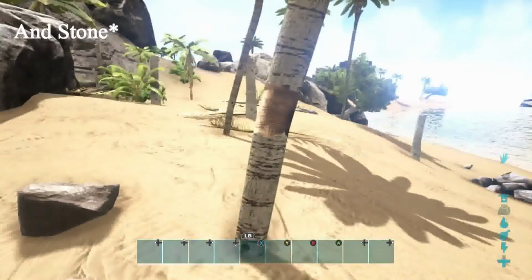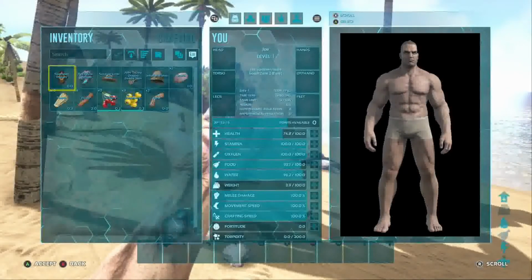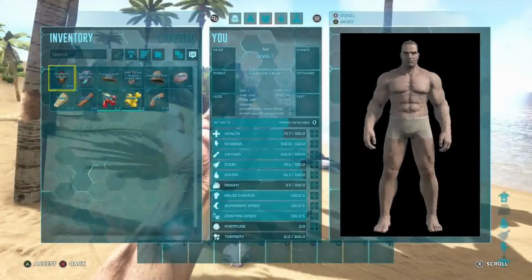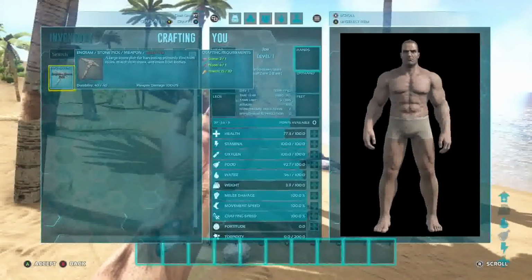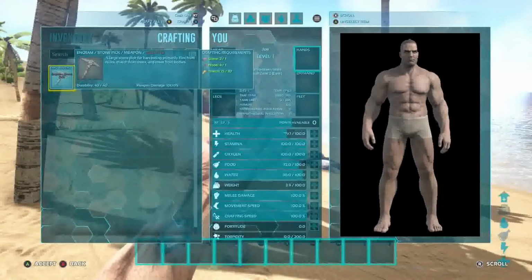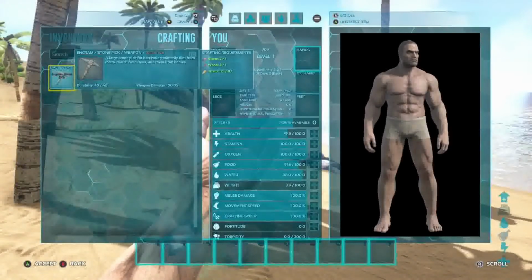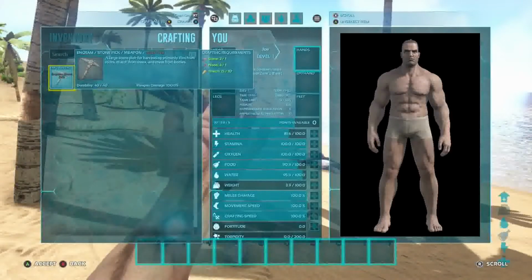Once you've gathered enough thatch, wood and fibre to start crafting your first tools, press B to open your inventory screen, which presents you with the menu shown here. You can use the right bumper to swap to the crafting menu, and you can tap A, and then up the top left it will show you a bunch of crafting items. Right trigger for craft 1, Y for craft all, and X for craft 1. I'm just going to press right trigger